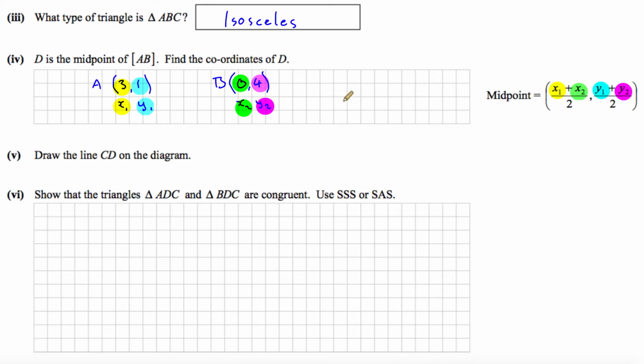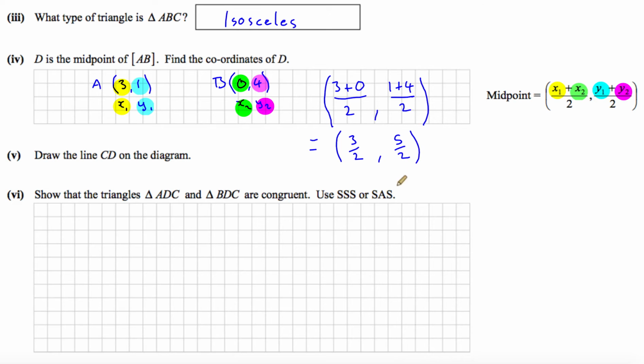So when we plug these values into our midpoint formula, we get x1, which is 3, plus x2, so 3 plus 0, all divided by 2, comma, y1 plus y2, so that's 1 plus 4, all divided by 2. Then we simplify that. 3 plus 0 is 3, so the first coordinate is 3 over 2, and 1 plus 4 is 5, so 5 over 2